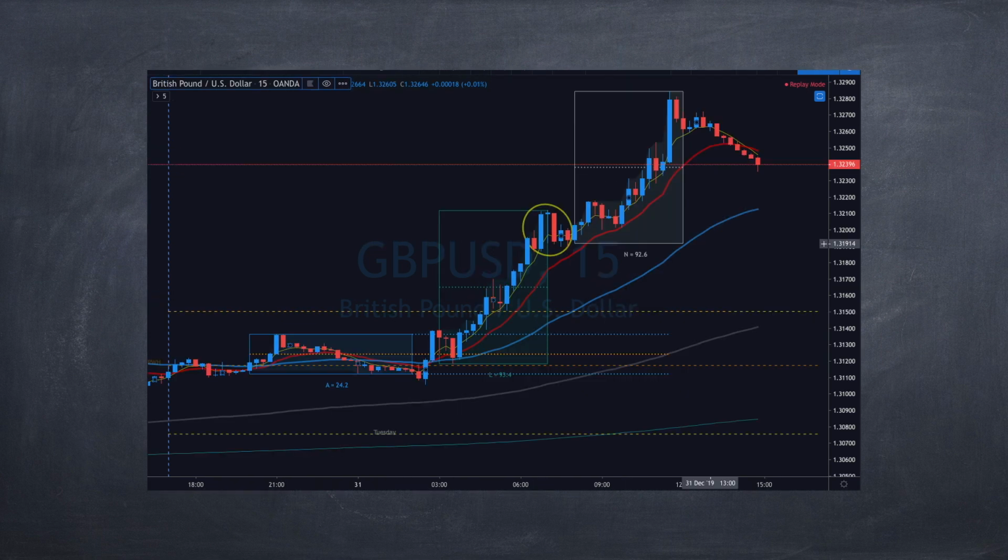Now this one, remember I said not all star patterns are created equal? Here you go. Here's an example of one. All right, what do we have? We have basically a push straight up. This is actually a type 3 pattern because look what happens. We have a 24 pip Asian range, right? Price moves from the bottom to the top of the range, comes back, and what happens? Railroad tracks right here